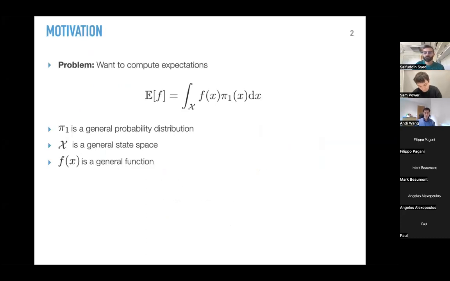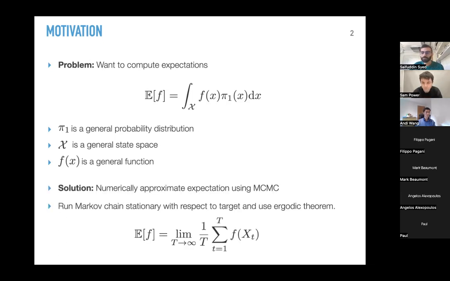So the fundamental problem that motivates a lot of the stuff that we do is we want to compute expectations over general probability distributions, over general state spaces, with respect to general functions. And that turns out, unsurprisingly, to be a very intractable problem in general. So what we do is we resort to numerical approximations, and a very common way is to use MCMC. Instead of actually drawing samples from the target itself, we run a Markov chain with the stationary distribution being this target. We let it run long enough, and on average, we should expect it to explore the state space with the same statistics as the target